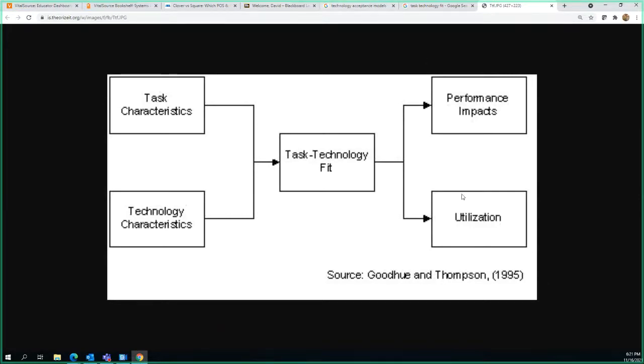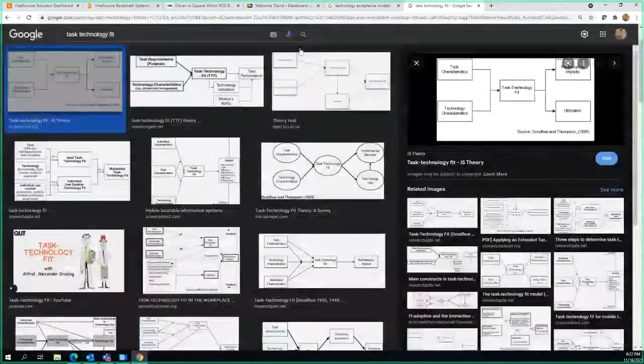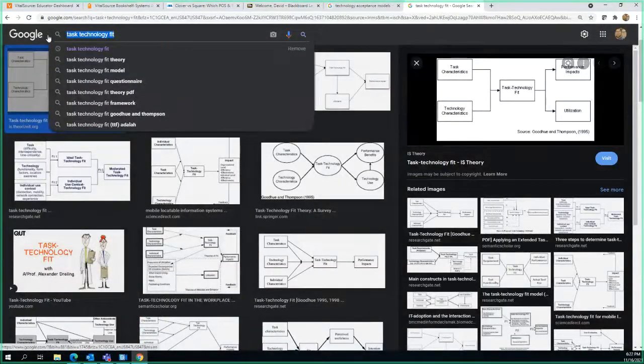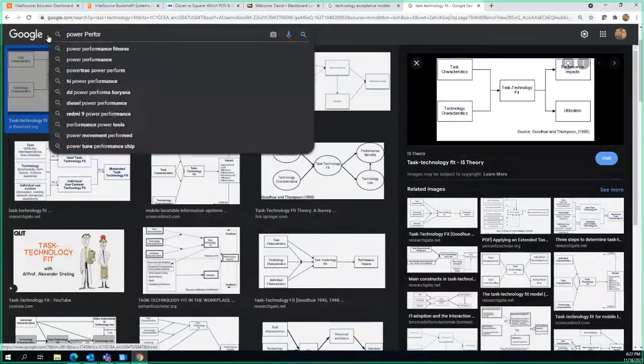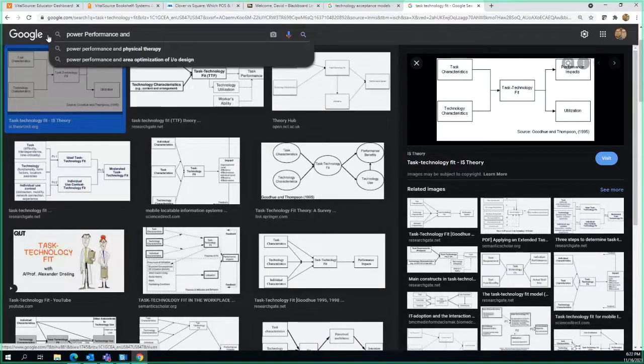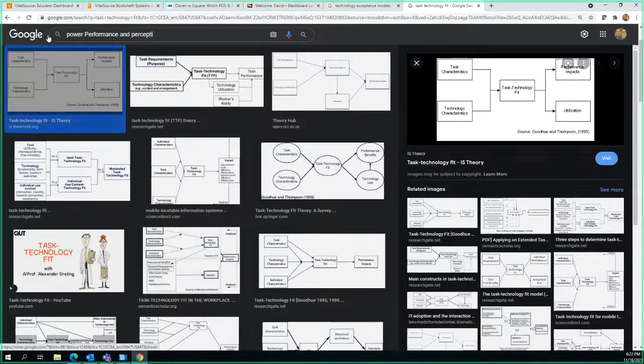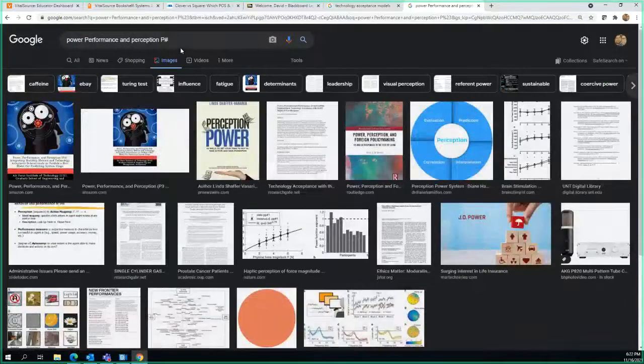Well, there's a better model than that. And the better model takes you a step further than the two of those. Power, performance, and perception. And I think the article is P3.